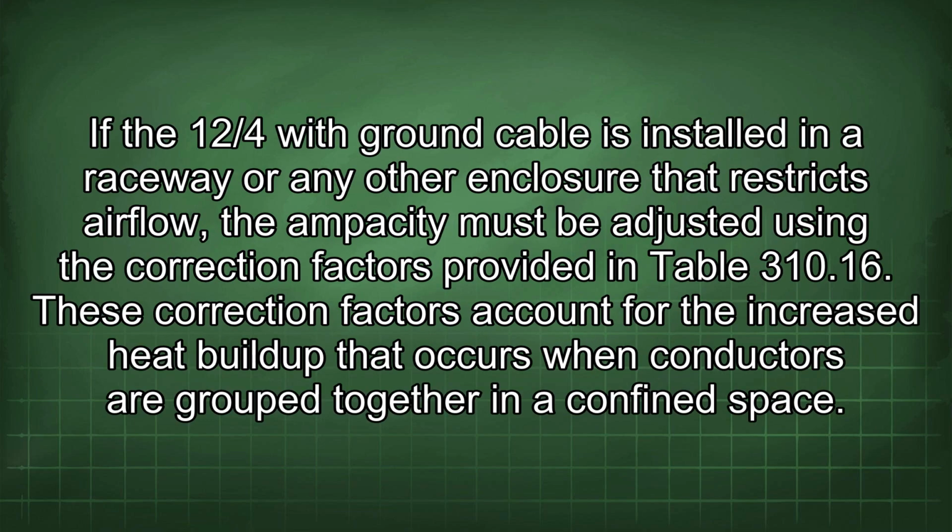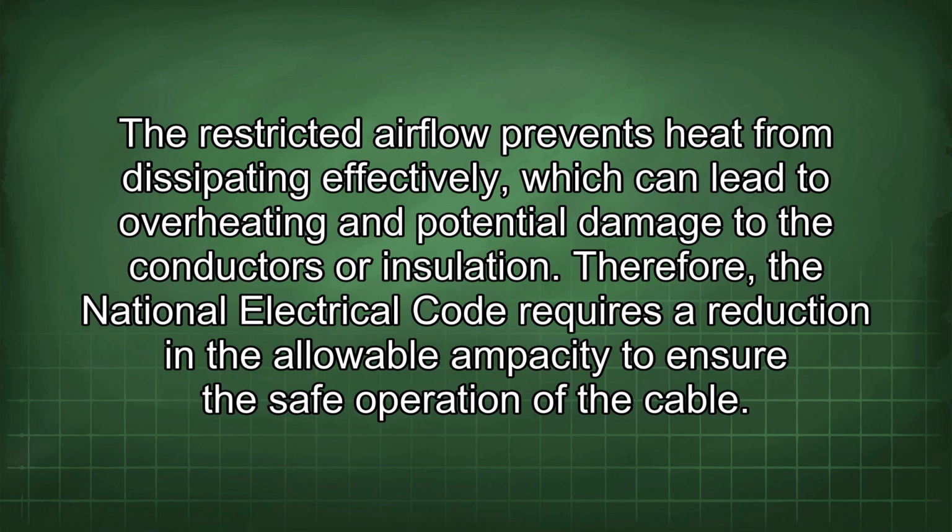If the 12/4 with ground cable is installed in a raceway or any other enclosure that restricts airflow, the ampacity must be adjusted using the correction factors provided in Table 310.16. These correction factors account for the increased heat buildup that occurs when conductors are grouped together in a confined space. The restricted airflow prevents heat from dissipating effectively, which can lead to overheating and potential damage to the conductors or insulation. Therefore, the National Electrical Code requires a reduction in the allowable ampacity to ensure the safe operation of the